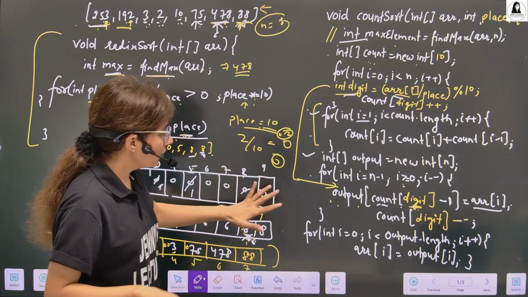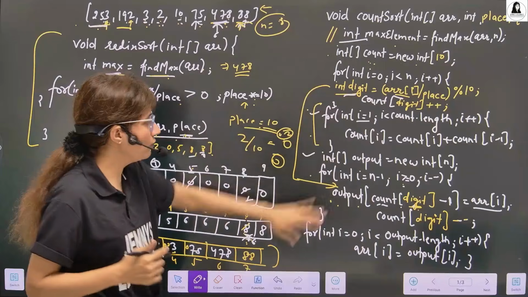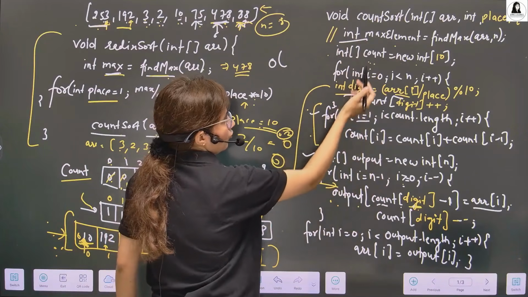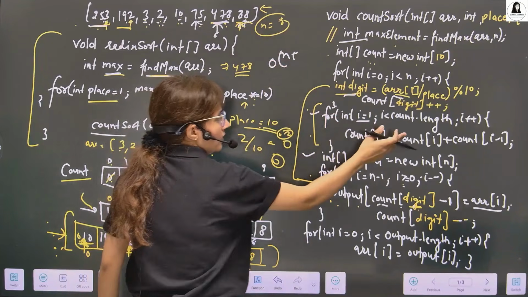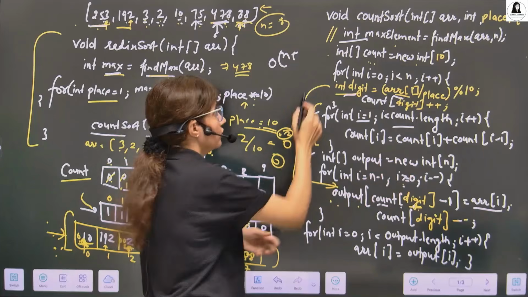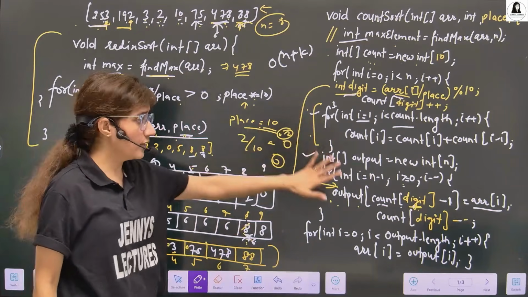Now, if I talk about the time complexity, we know that for count sort there are a few loops, like a loop running from 0 to n. So the number of elements is n, plus the count array length, which in count sort we consider as k. So for count sort it is n plus k.